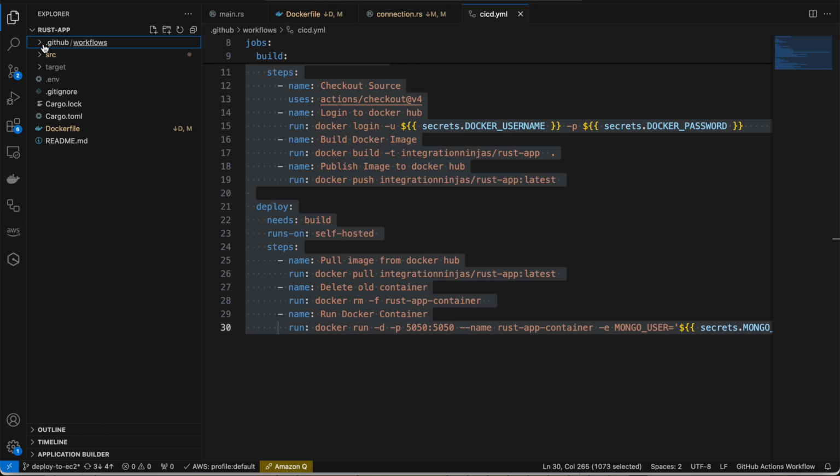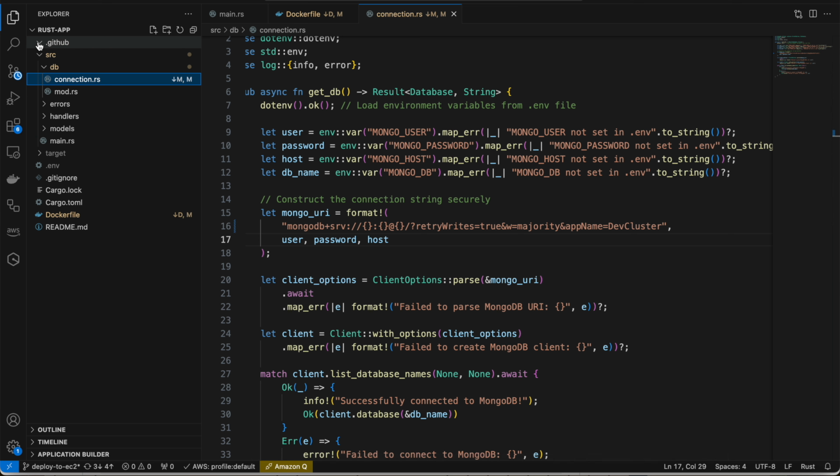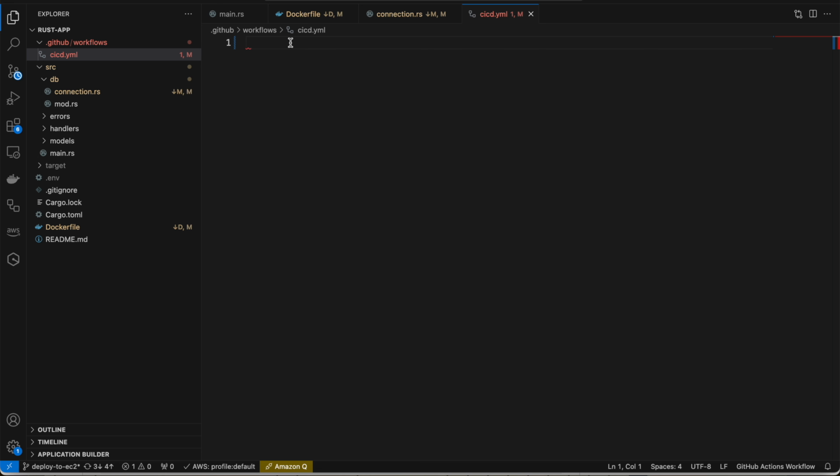I already deleted this particular part, move to trash, and inside .github we are going to create another folder, workflows, and then we will have a cicd.yml file here, right? And this cicd file we are going to name as deploy the Rust application,